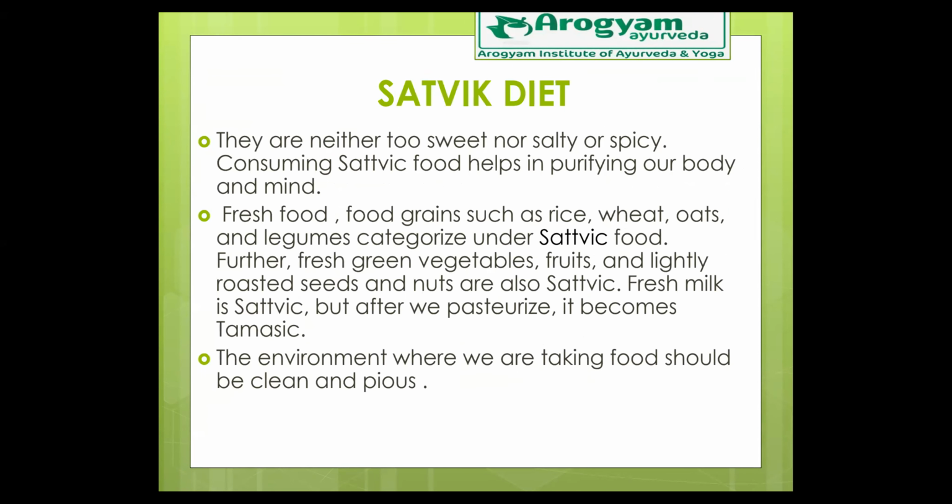All the fresh food that we prepare at home on a daily basis, the food grains such as rice, wheat, oats, legumes categorized under sattvic food. Further, fresh green vegetables, fruits, and lightly roasted seeds, nuts, these are also considered as sattvic. Fresh milk is sattvic, but after we pasteurize, it becomes tamasic. लेकिन वो प्योरिटी के वजह से हम तो पास्चराइज करना ही प्रिफर करते हैं, राइट? The environment where we are taking food should be clean and pious, so that also adds more for the satvikata